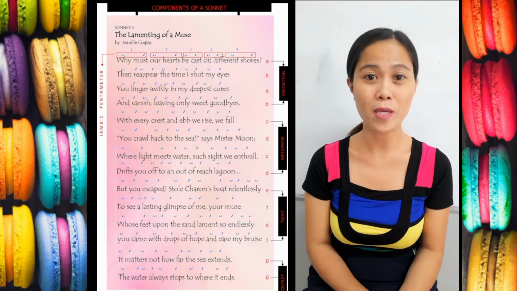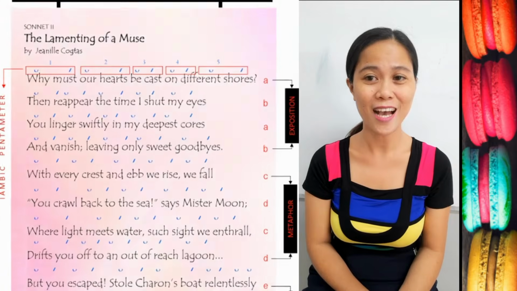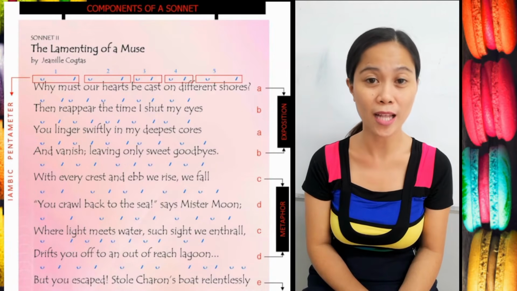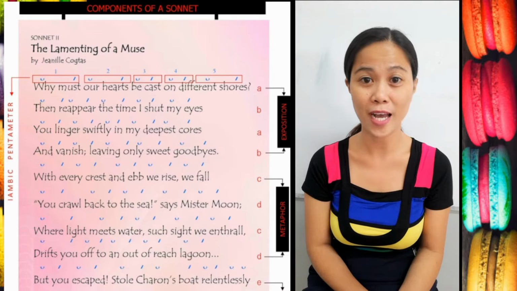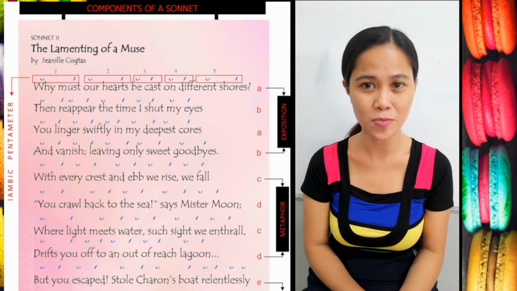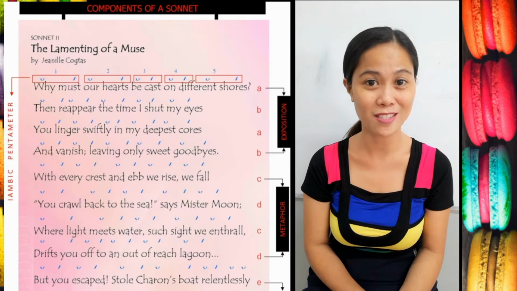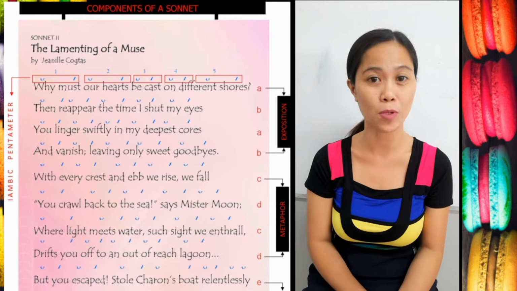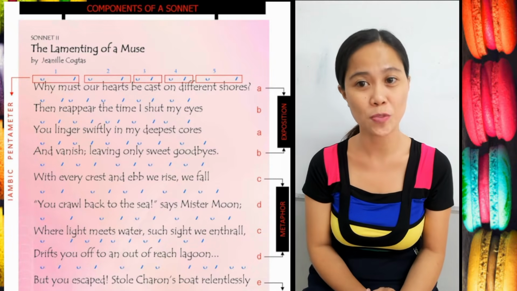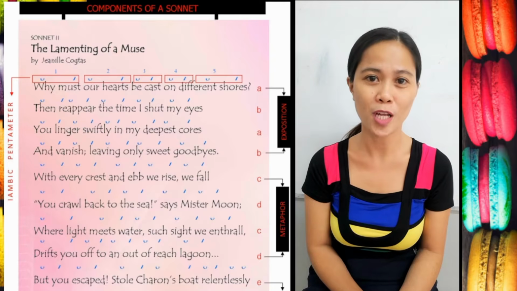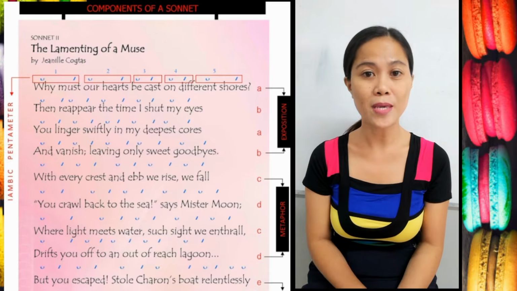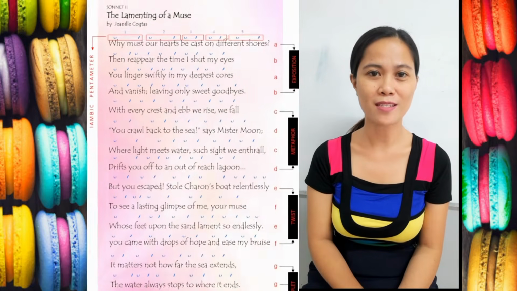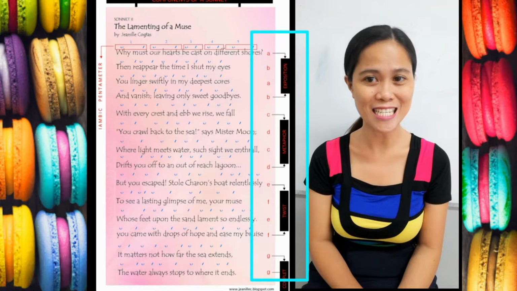It is iambic pentameter. What is that again? Iambic pentameter means each line is composed of 10 syllables. And 5, that means there are 5 iambs, a pair of unstressed and stressed, 5 pairs of iambs in each line, making it 10 syllables per line. And a Shakespearean sonnet also follows an alternating rhyme scheme. That means the rhyme scheme is A, B, A, B, C, D, C, D, E, F, E,